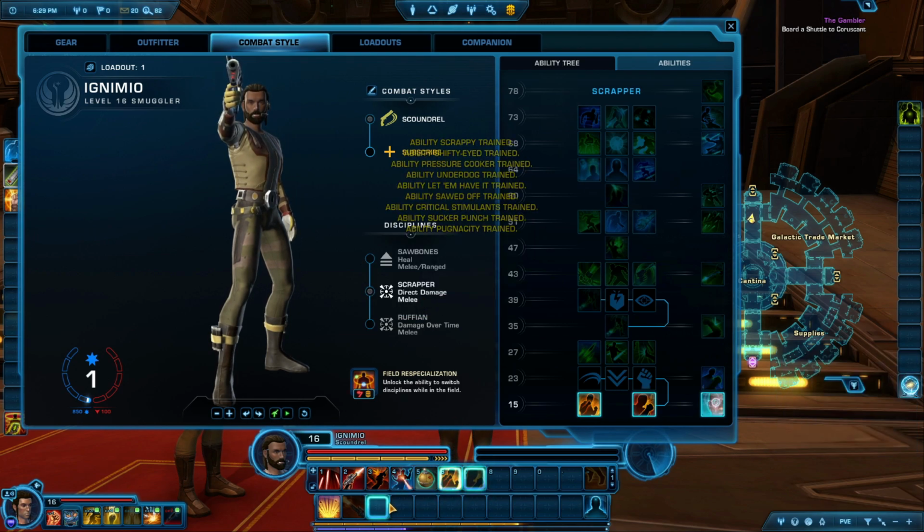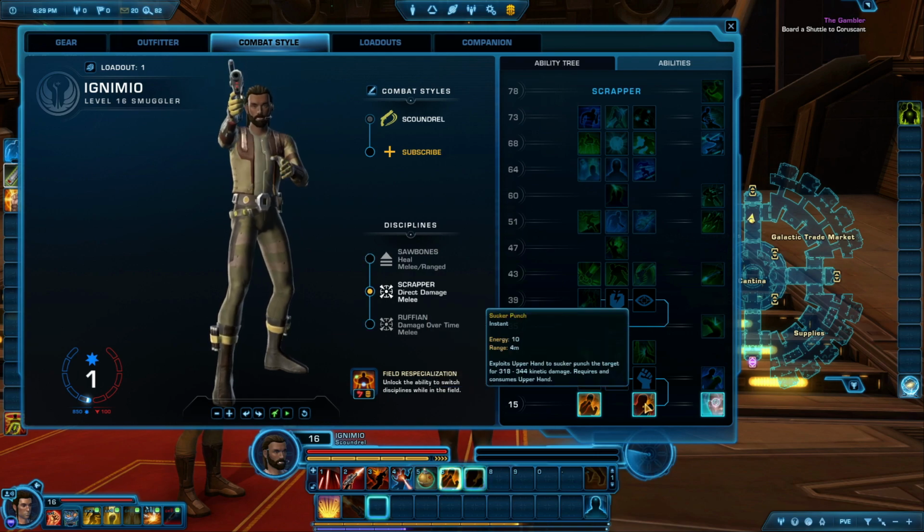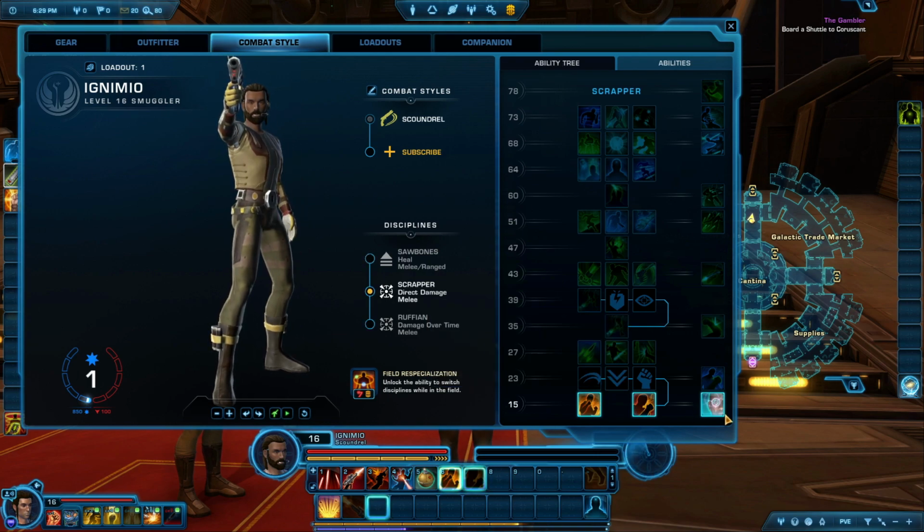Okay, it changed those abilities, and it gave me Pugnacity, and I still got that. It's got Sucker Punch, got that. And I have Shifty Eyed, which is a passive. And then if I went over to Sawbones...